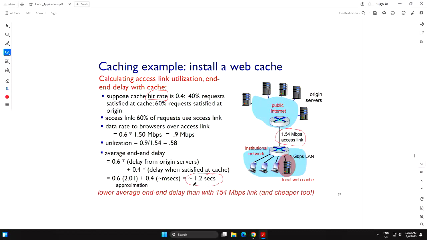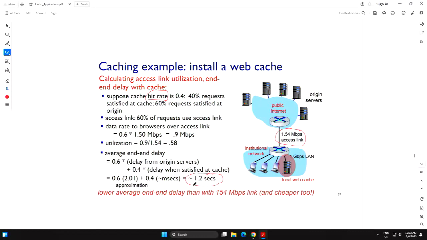So origin servers, they deploy very close to the user. So instead of having one origin server in the internet in the US or somewhere in the UK, they would have 200,000 origin servers distributed throughout the world, depending on the population and the geographic locations, right? So when you request, you can go to the origin server all the way without worrying about the cache, yet the delay is not significant. So that's called replication.